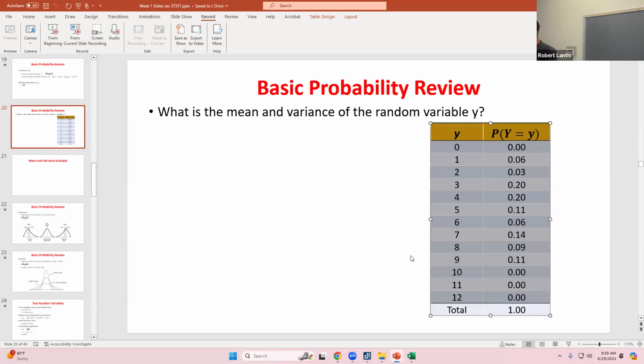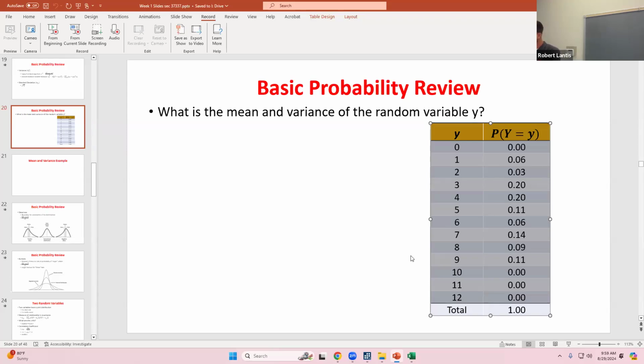But it's a discrete random variable, so I still need to multiply it by the probability I saw that deviation from the mean. So we would go through the very first value, which was 0. Subtract the mean, which we just calculated was 5.12. Square that value. Multiply that by the probability we saw 0. This one's not that interesting, because 0 times anything is just 0.